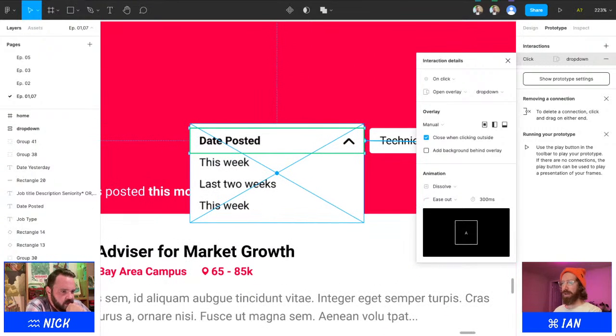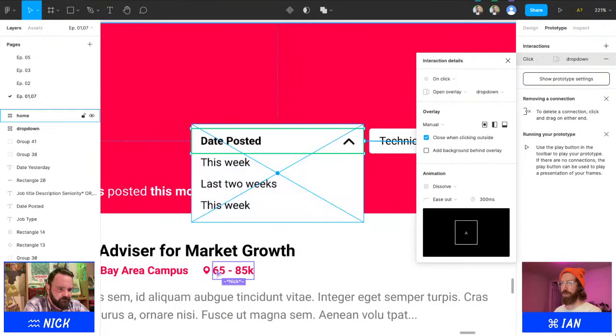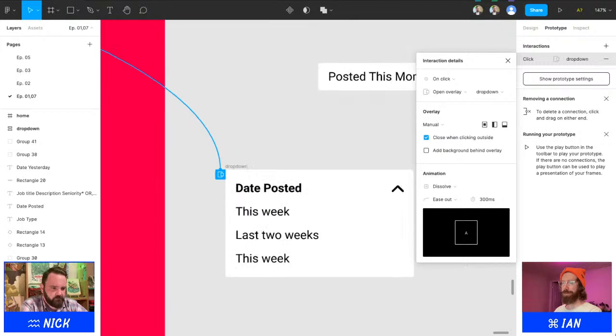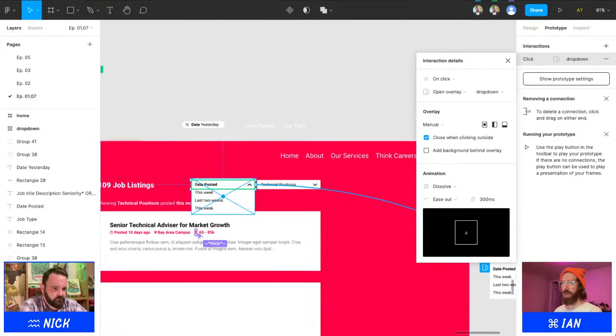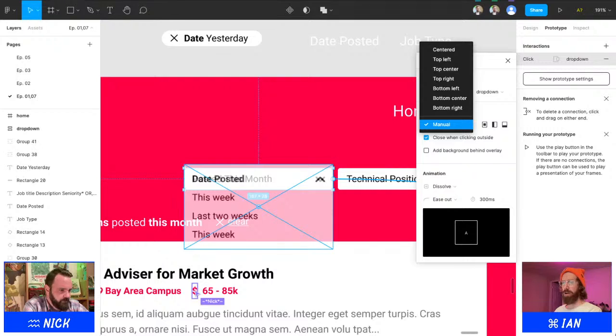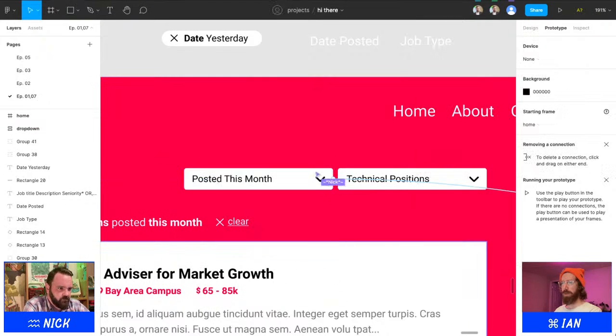I'm just setting up a quick, just for fun, drop down in the prototype just to kind of show off how Figma has this overlay feature. So I made a little drop down menu, and then I can just have that overlay on the same page, and I can choose custom or manual, they call it. I could center my overlay like a modal, as is common, but I'll choose manual and just place it in this spot over the screen so that when you click on the thing, it should pop up, and it's probably going to look strange, but